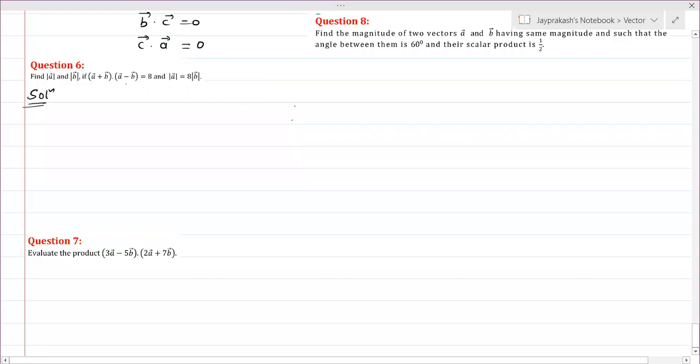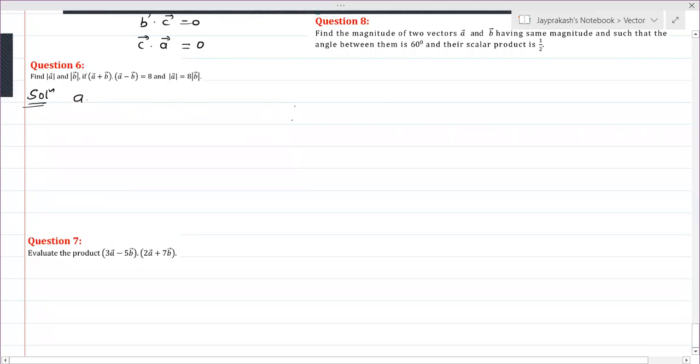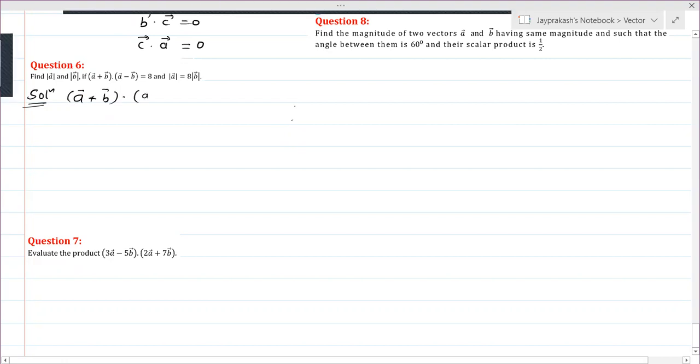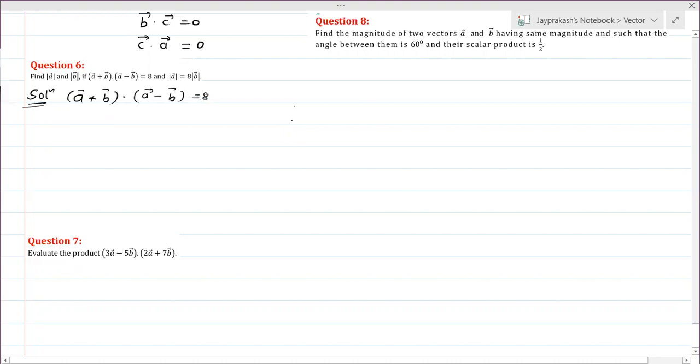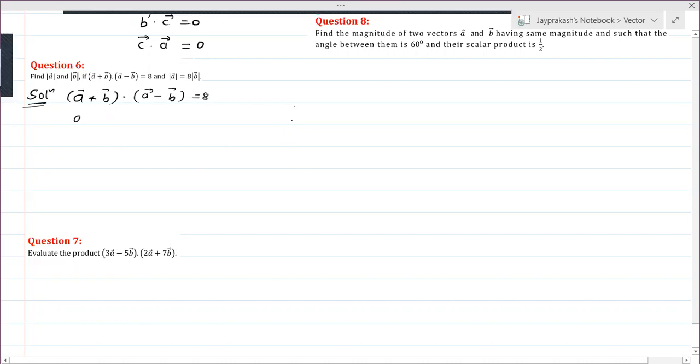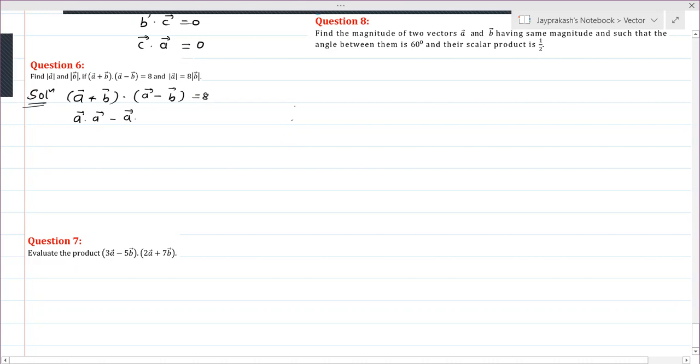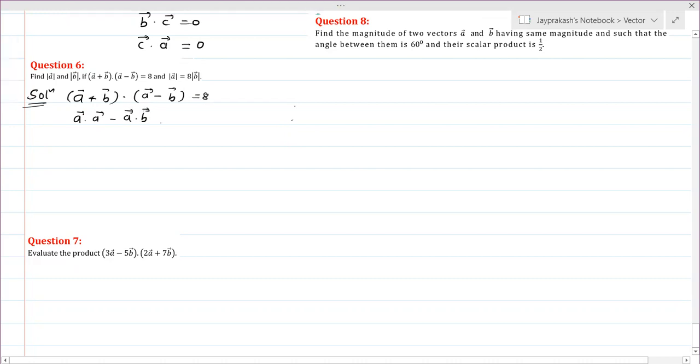So here we need to find the magnitude of A and the magnitude of B in question number 6. We have also been given that (A + B) dot (A − B) is 8. So when we find the dot product of these two vectors, we will write here vector A dot vector A minus vector A with vector B